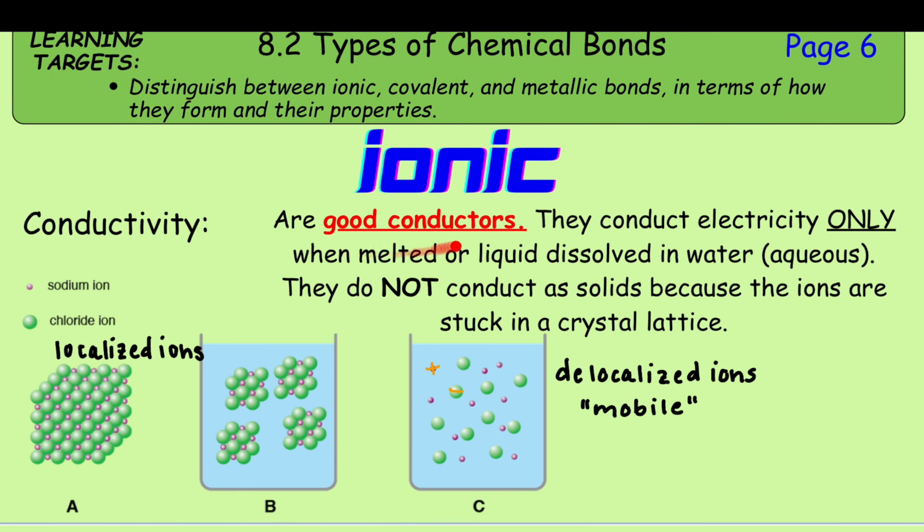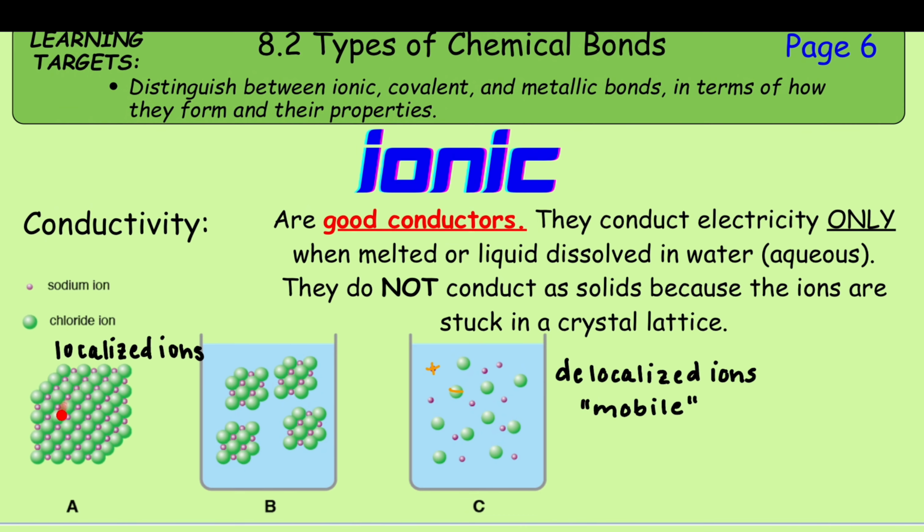Ionic compounds are good conductors, but they will only conduct electricity if they are melted, or molten, or if they are dissolved in water, aka aqueous. They will not conduct electricity as solids. So if you look at this picture over here, this is just representing a solid sodium chloride